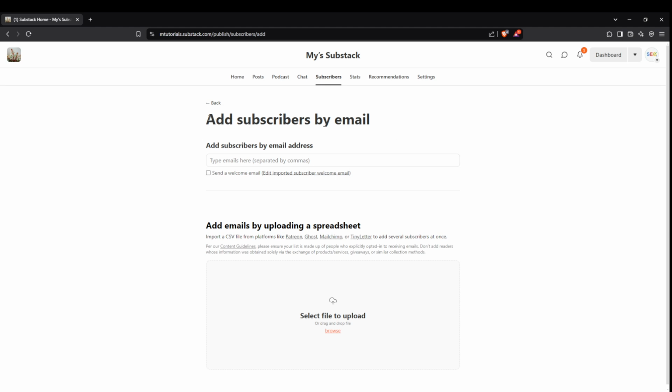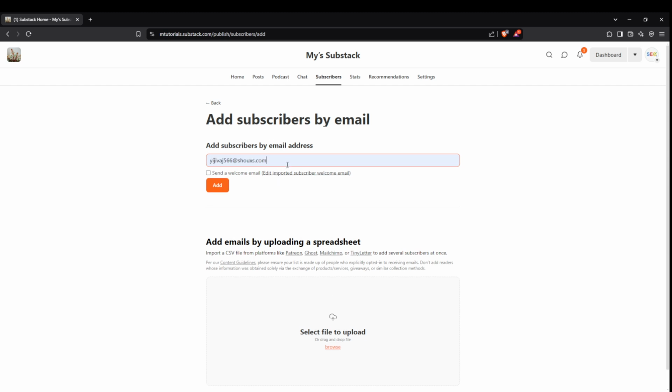The first option is to manually type in email addresses. Simply enter the email addresses you want to add in the provided field. This approach is perfect for adding a small number of subscribers directly. However, if you have a larger list, you'll probably want to use the second option, which is to upload a